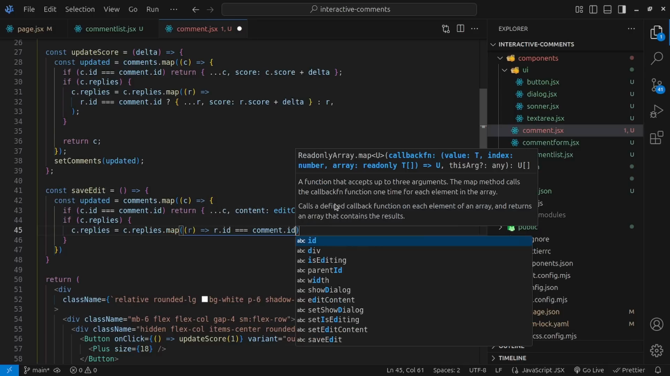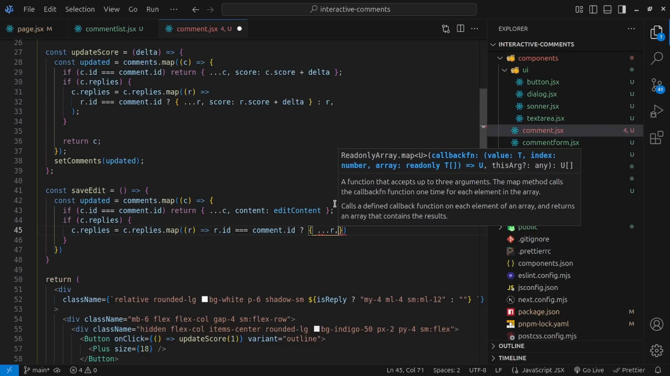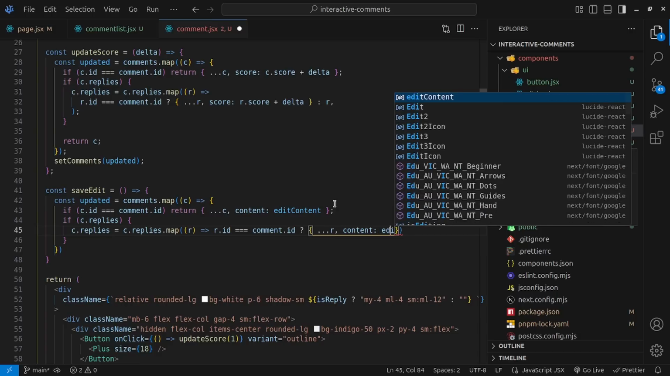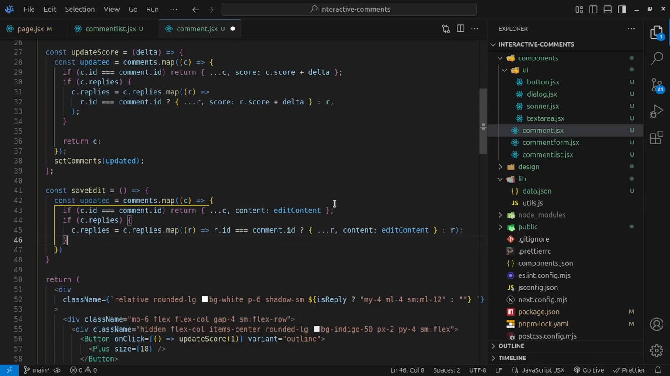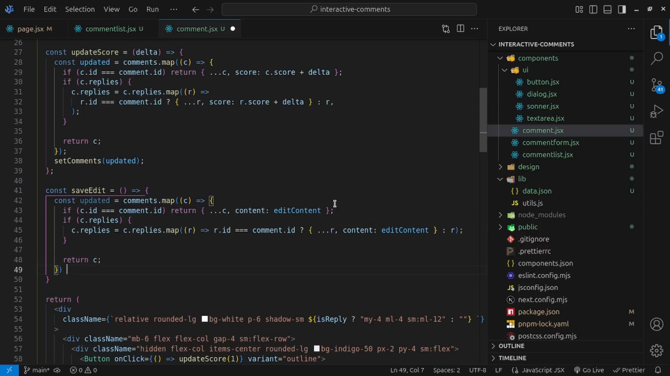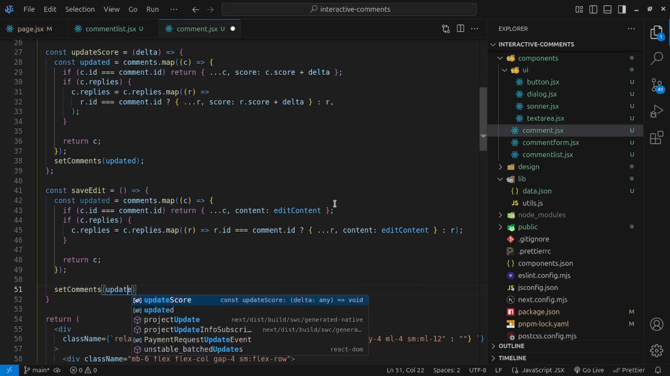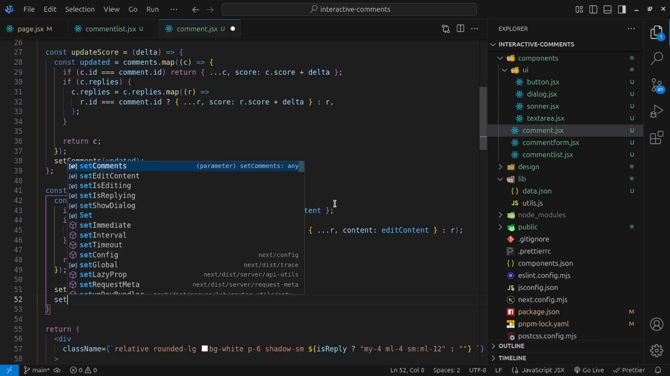the comment.id, and then if this is true, once again open this up, spread out the rest of the properties, and then get the content property which you want to update into the edit content state value, like so. Otherwise, we're going to simply return the r like so, and then below this we're going to return the c, and then below this we're going to say set comments into the updated, which we have right on top, and then we're going to say set is editing